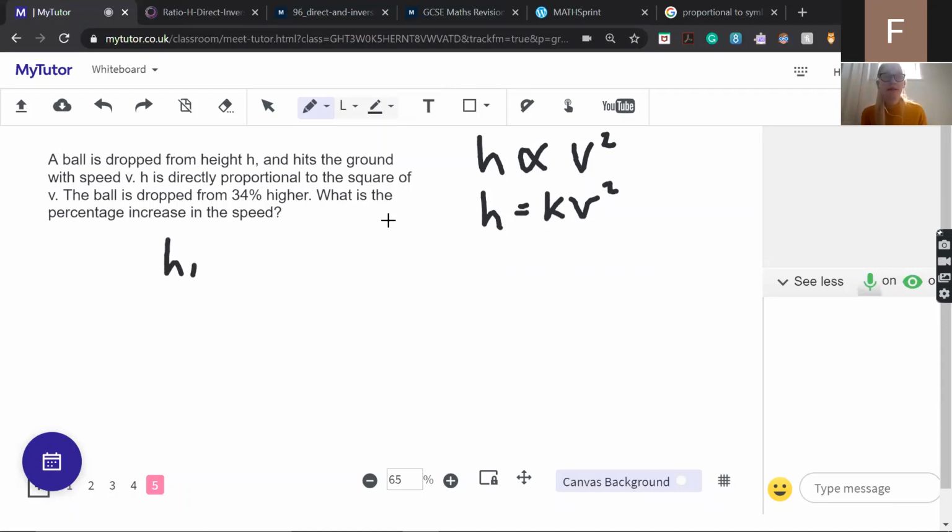So we've got this first height when it's at its normal level, because for something to be 34% higher, you've got to think about what it was originally. So we've got our height h1, and that's equal to k lots of v squared. Just call that speed when it hits the ground. That's just v. So h2,